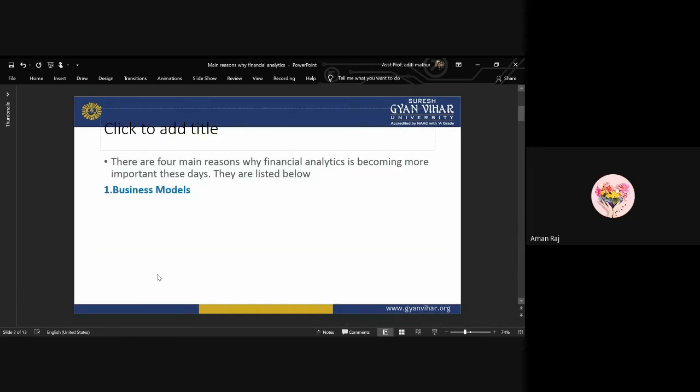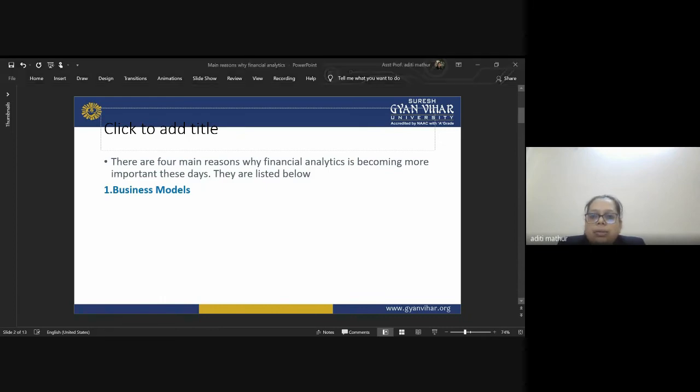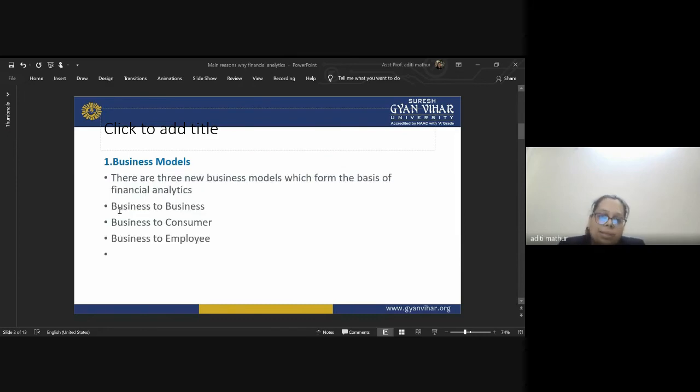Yes, ma'am. चलो. So today, let us just start with few of the very important things, and we are going to start up with the importance of, or the main reasons of, your financial analytics. So basically what I have done, I have divided your main reasons into four main categories. So first one is your business model. So your business model